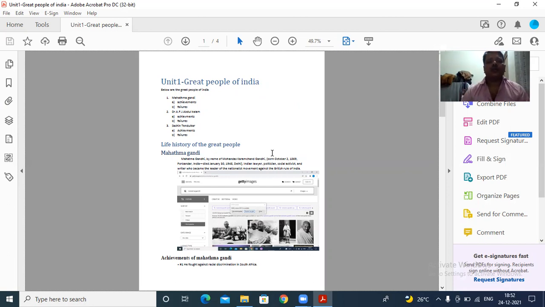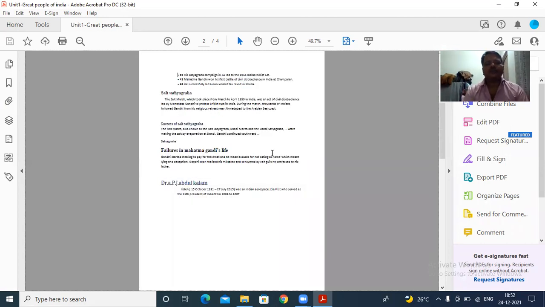Okay, so let me navigate out of list. Heading level 4 achievement. Let me navigate using the shortcut key I for list item, as we said in the previous class. So I'm pressing I now. List with 4 items. Bullet number 1 key fought against racial discrimination in South Africa. So the first list item is on page 1. Let me press I again. Page 2 bullet number 2 is Satyagraha campaign in SA led to the 1914 Indian Relief Act. So the second list item is on the second page.